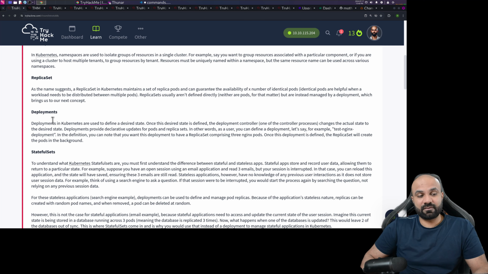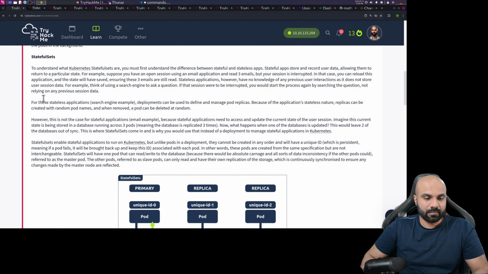But all of this will start from a deployment. Okay, so replica set comes under deployment. Okay, stateful sets. To understand what Kubernetes stateful sets are,